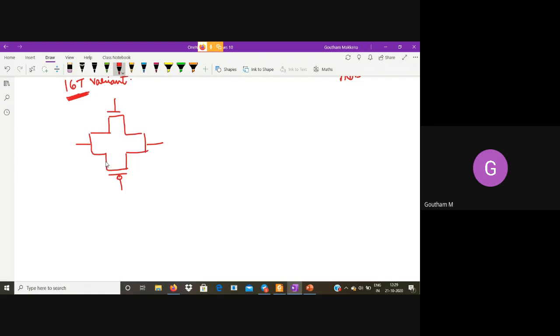What do you call this arrangement? Transmission gate. Yes, this is a transmission gate. So I'll introduce another new jargon here, which is called transmission function.